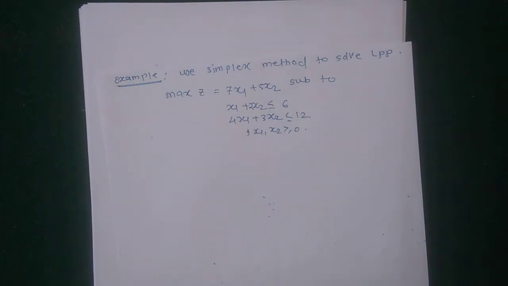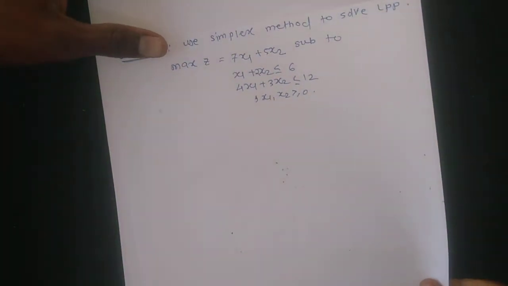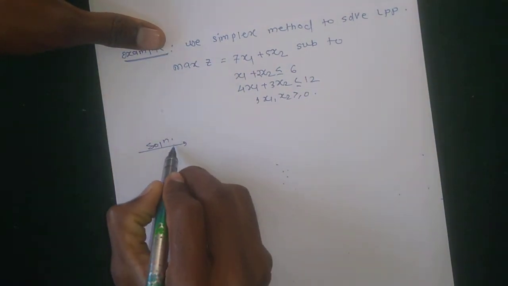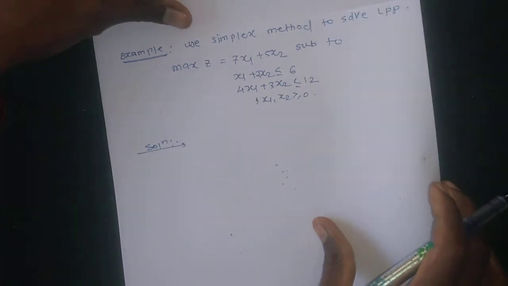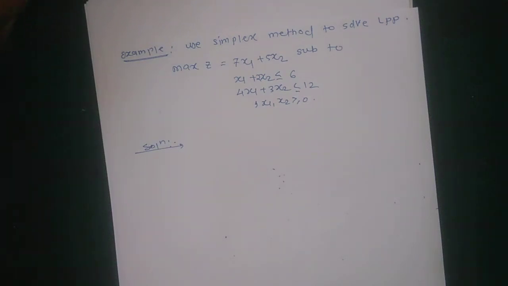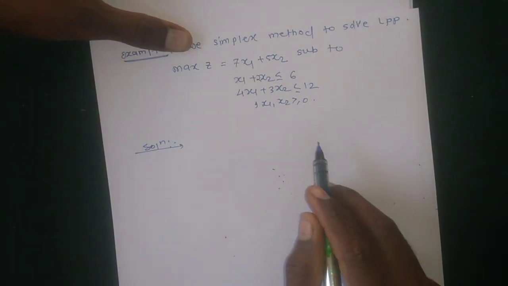Okay, so step first, how to solve this LPP by using simplex method. First introduce slack variable and surplus variable. Here all constraints are less than or equal, therefore add only slack variables s1 and s2 and so on, and put their cost in the objective function as 0.